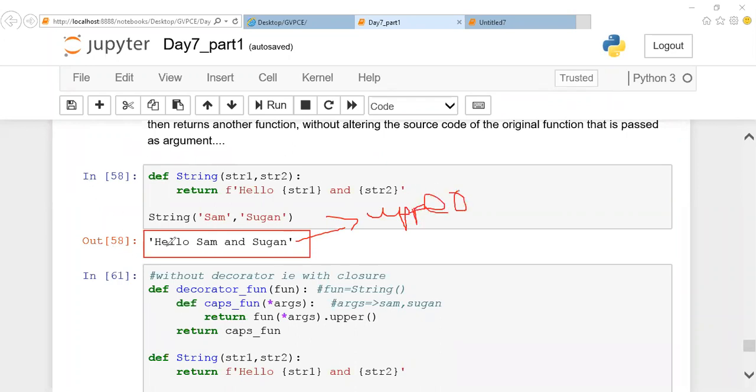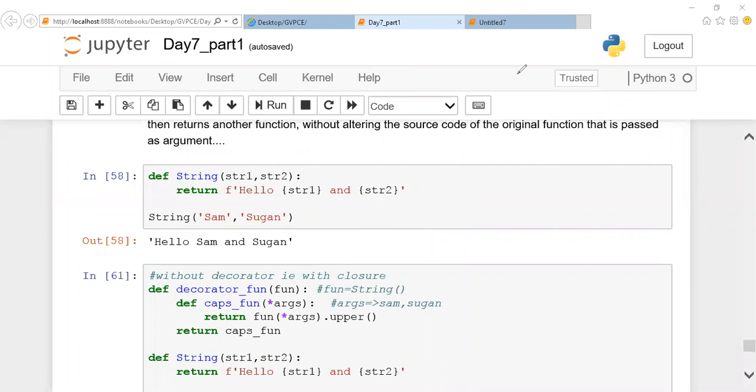Let us assume this is a part of an application. It is running right now, and users are using it. So you can't directly take the source code and alter it. You can add additional code and implement it here. So what you're going to do is add some additional code for the existing function.